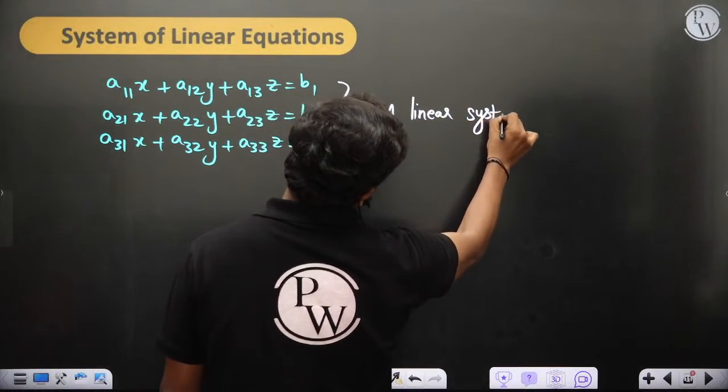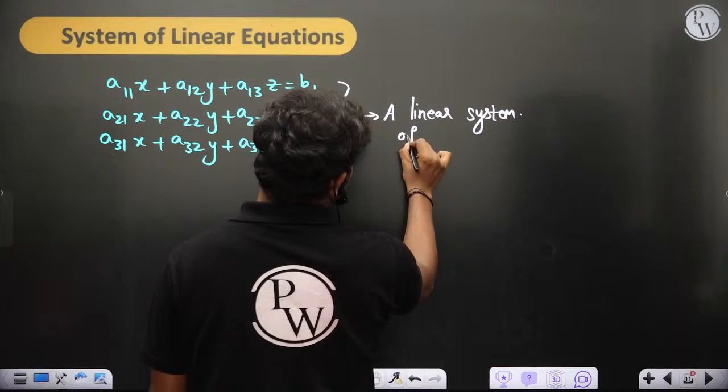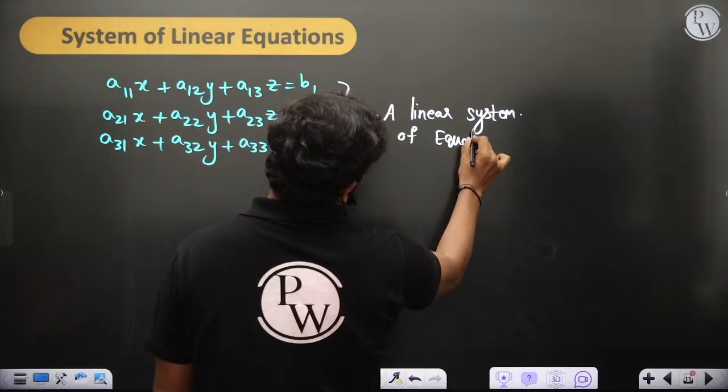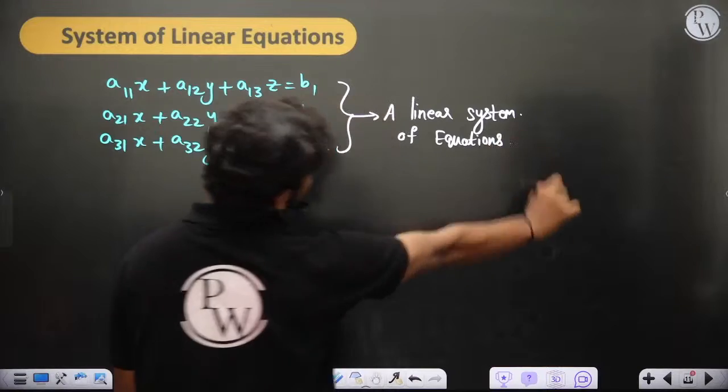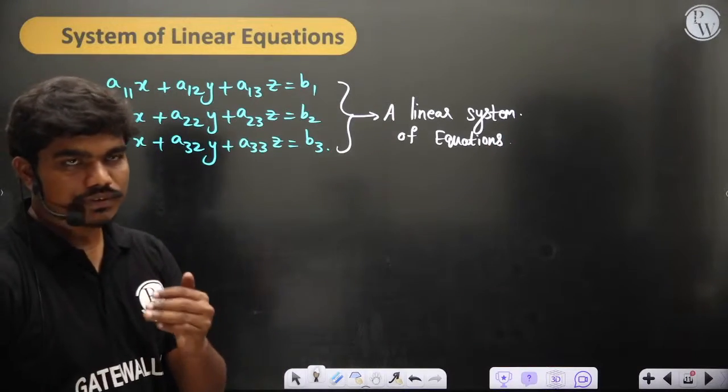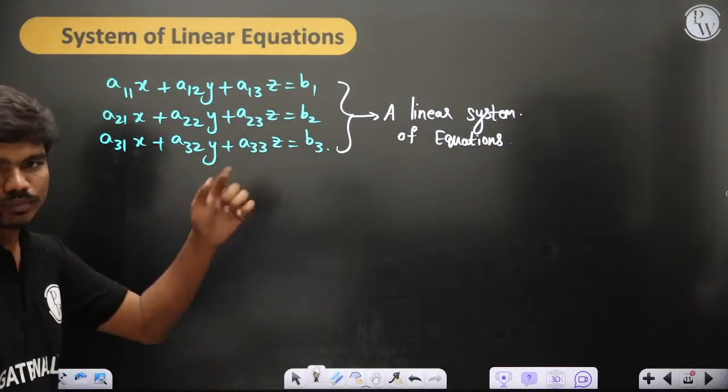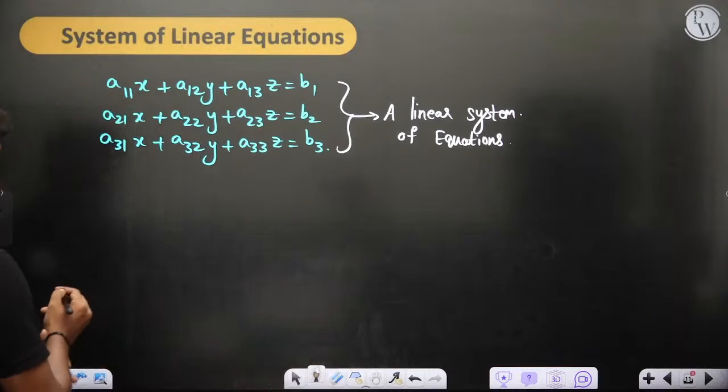A linear system of equations. Now, yesterday someone was asking me how I can write this system into matrix form. Okay, so just see if I can